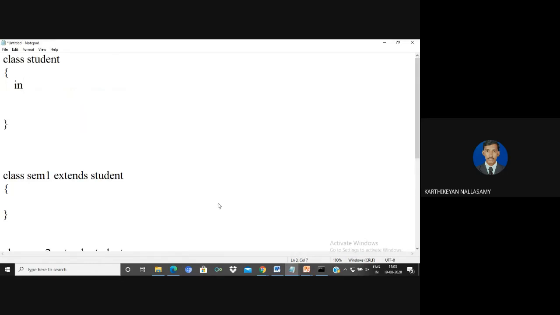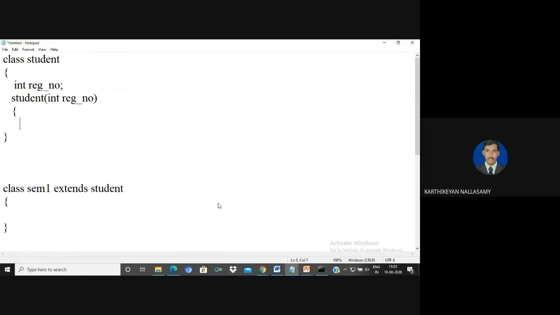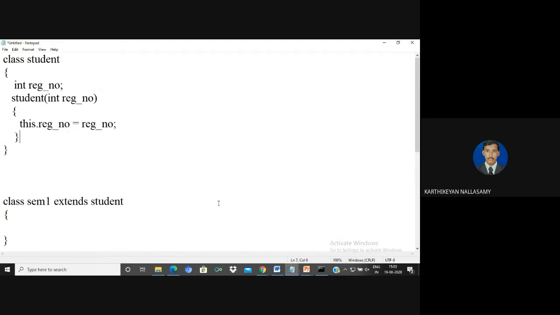Here I'm going to maintain the register number, using a constructor. So this.register number equals the register number, since the data member name and the local variable name are the same.